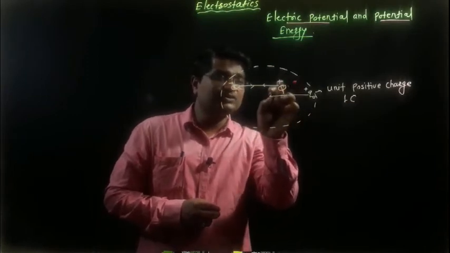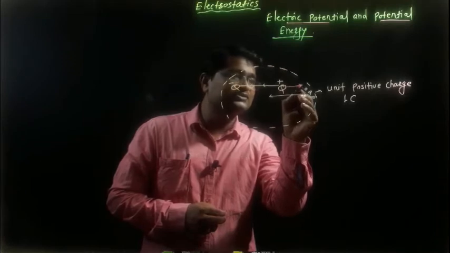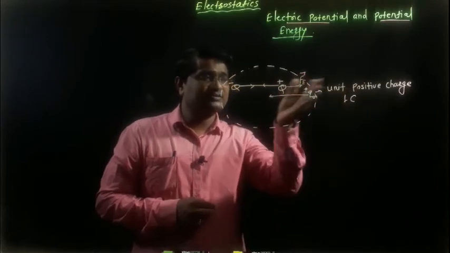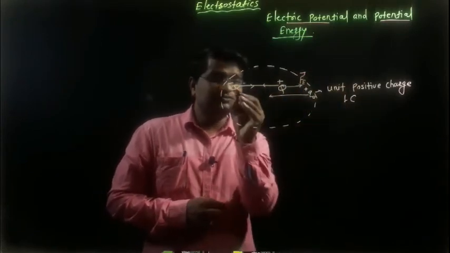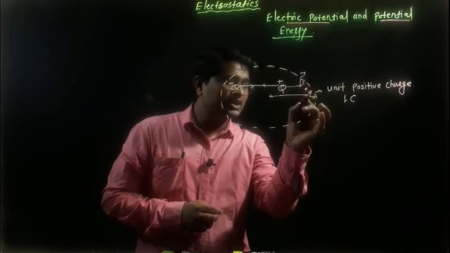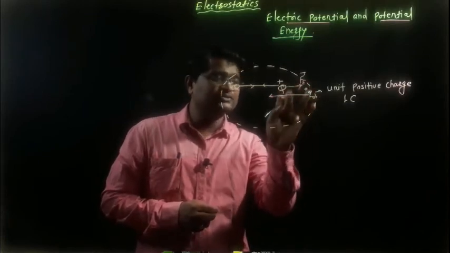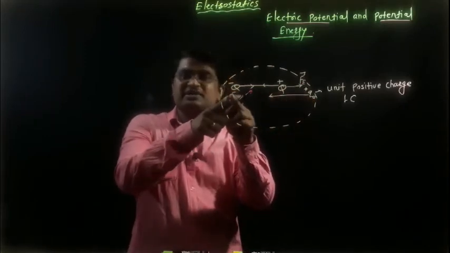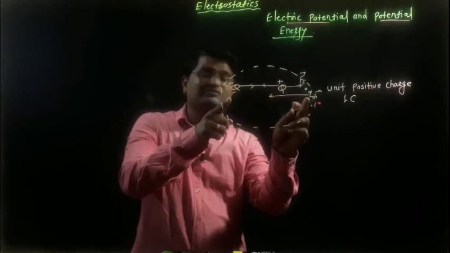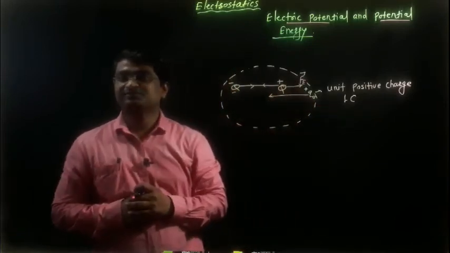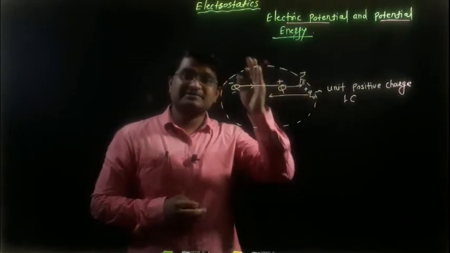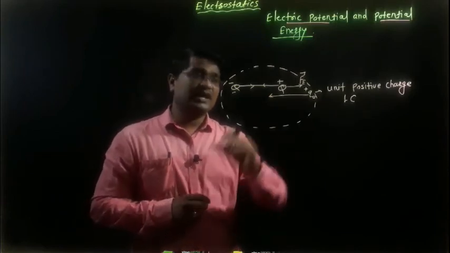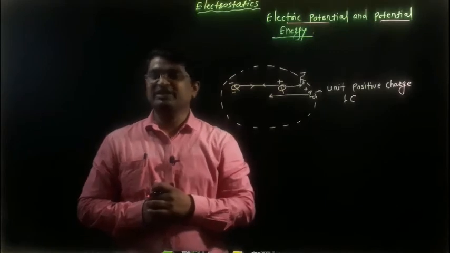Here the positive charge produces the electric field, and the electrostatic force acts in the given direction. Through this negative charge, the unit positive charge performs work exactly opposite to the electrostatic force. When the unit positive charge is attracted towards the negative charge, it performs work against the electrostatic force. When work is performed exactly against the electrostatic force, work has to be done, and this work done is stored in the form of potential energy.